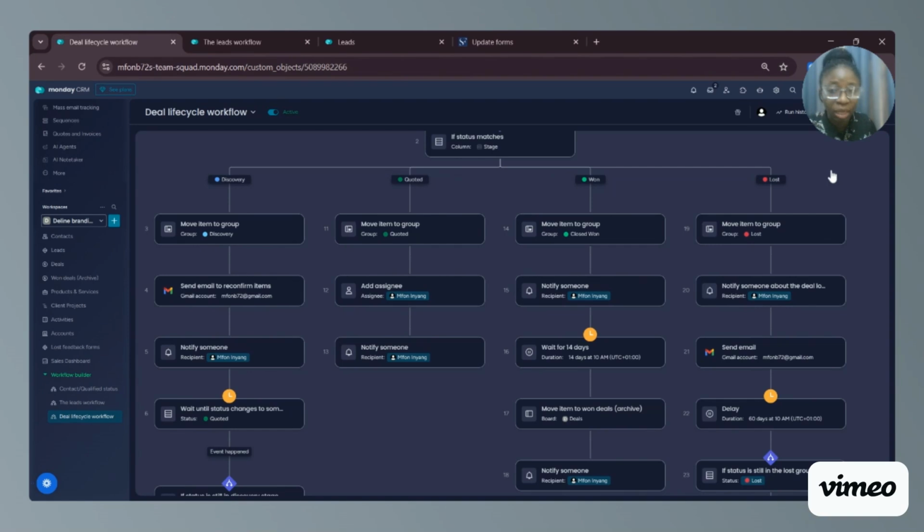quote. Now what happens when the stage moves to won stage? You can say, okay, we move the item to a group and notify me. This stage is already in the won stage, and you say, okay, let's wait for 14 days. While we're waiting for 14 days, we already have a board that has all the won deals archive here. That's just to keep our deals board clean, rather than having too many won deal items in one particular board. So we say, okay, let's wait for 14 days, and after that we move the item to won deals and